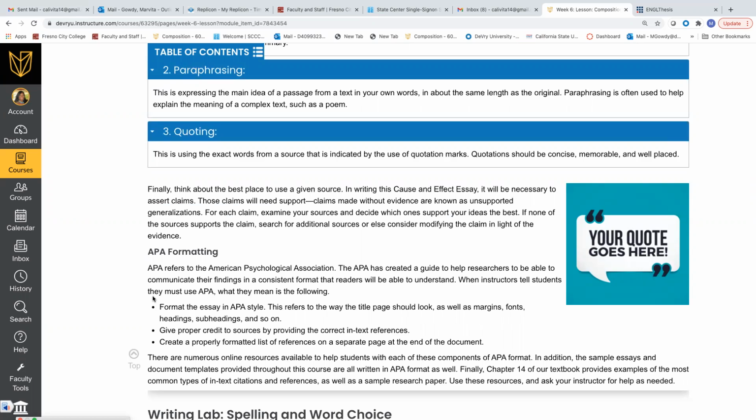For each claim, explain your source and decide which one supports your ideas the best. If none of the sources support the claim, search for additional sources or else consider modifying the claim in light of the evidence. So, for example,